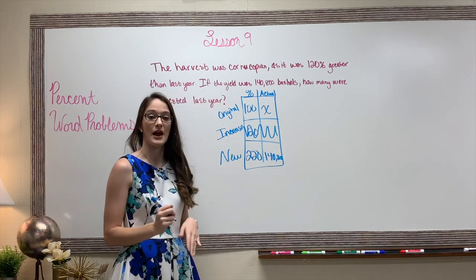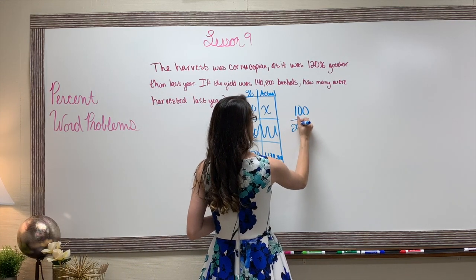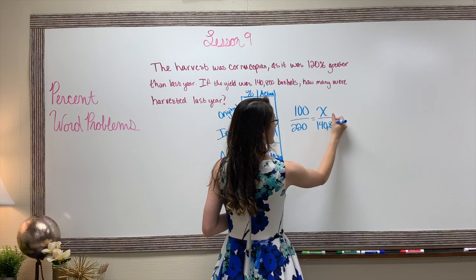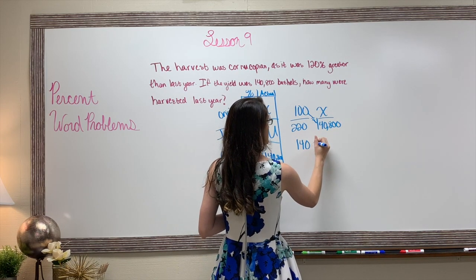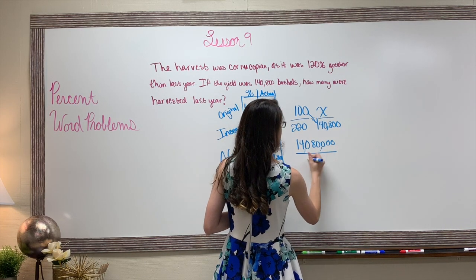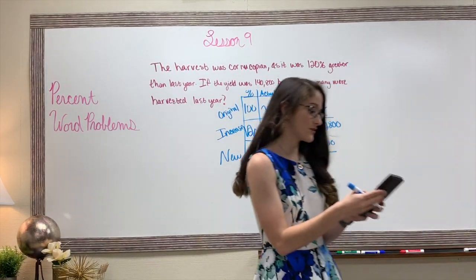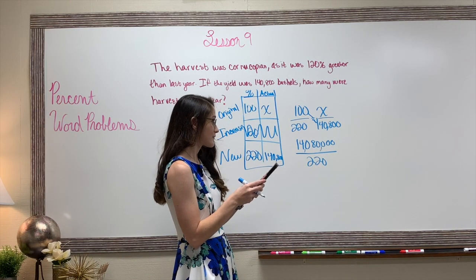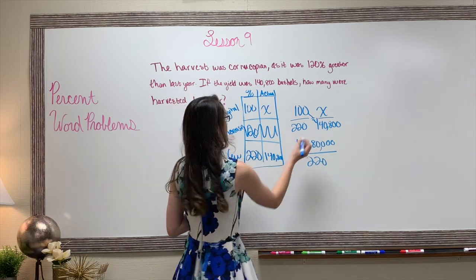And so I can set this up as two ratios and solve with cross multiplying. So we have 100 over 220 equals x over 140,800. We're going to cross multiply, so I'm just going to add 2 zeros to the end. And then I'm going to divide that by 220. I'm putting this in my calculator, and as I do, I'm taking my time to make sure that I get all the right zeros in the right places. Divided by 220. And our answer is, for x,